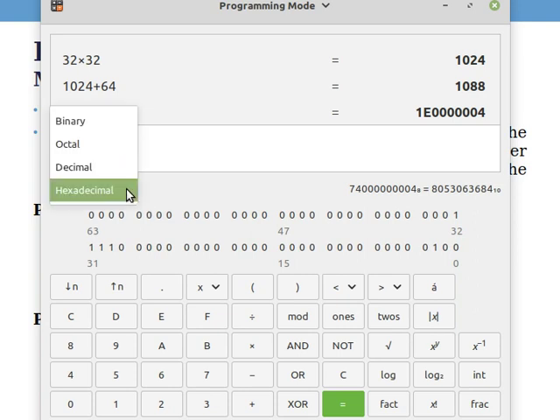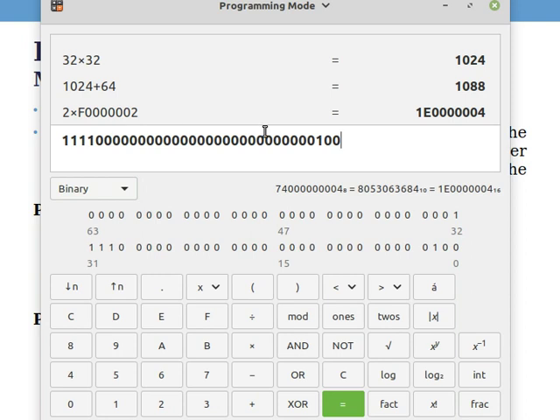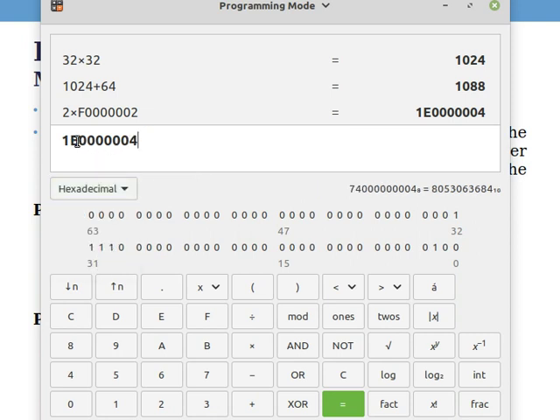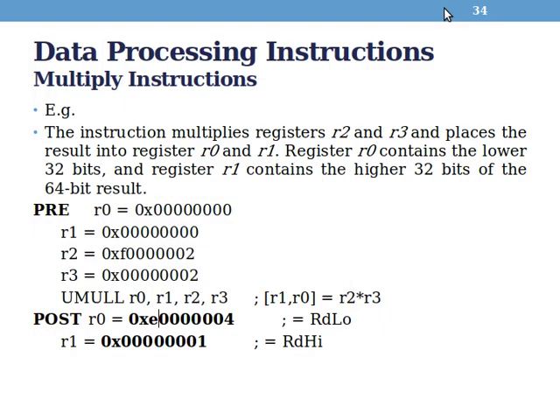If you want, you can take a binary representation of this, then you'll understand it better. It is nothing but the first 32 bits. I prefer hexadecimal. So E0000004 will be held in R0. Sorry, R0.